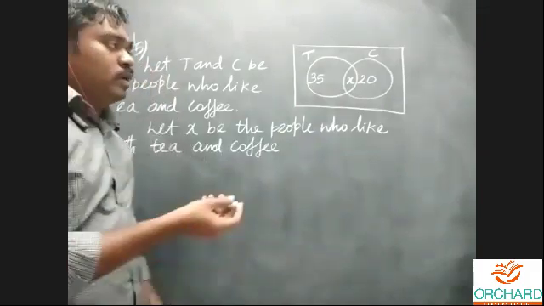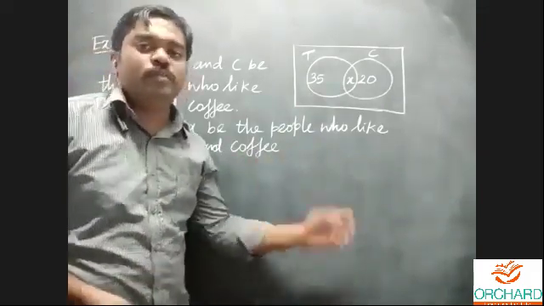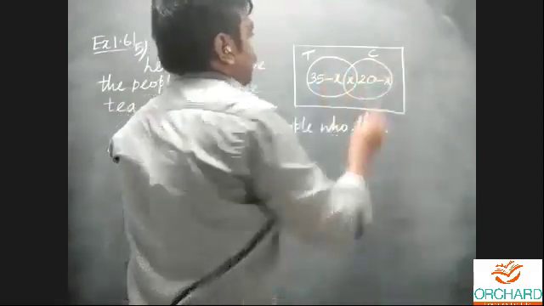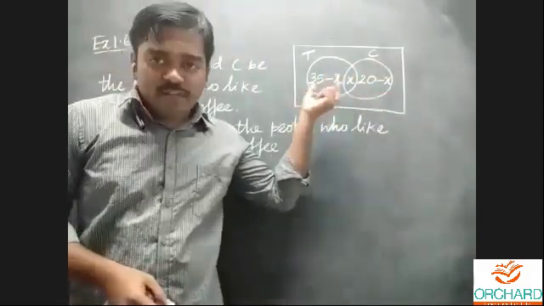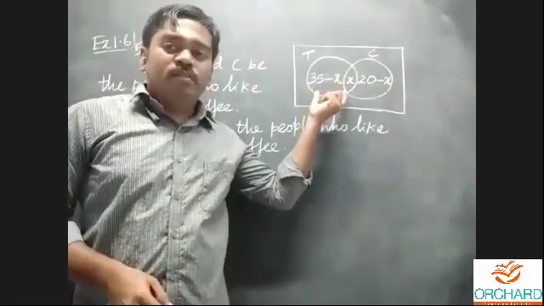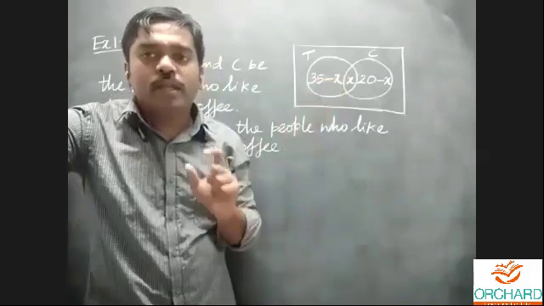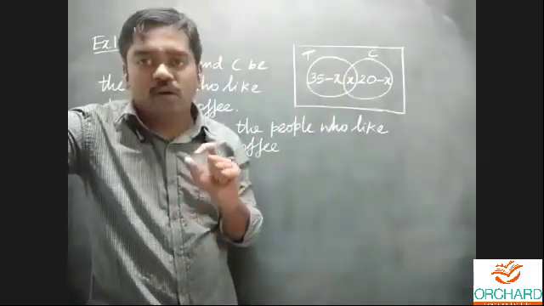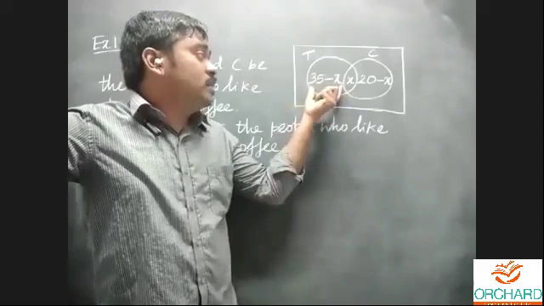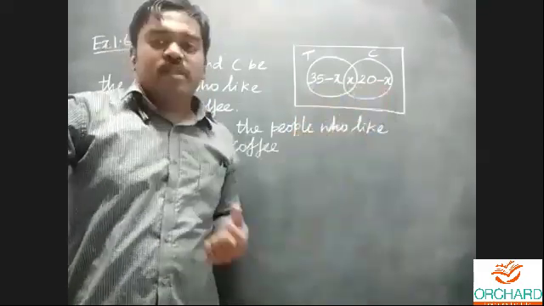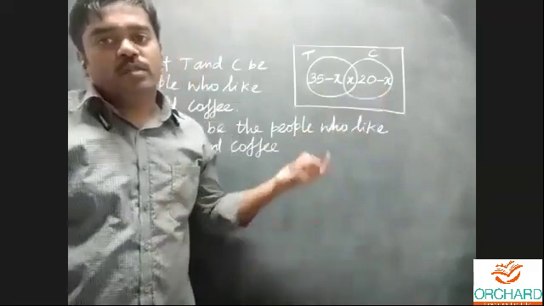It's very simple. What is the idea? I'll apply the previous problem, same thing. One thing you can repeat here: that is minus X, and here it is minus X, because we'll subtract. The 35 minus X gives the number of persons who did not like coffee, and the 20 minus X gives the number of persons who did not like tea. This is the amount.